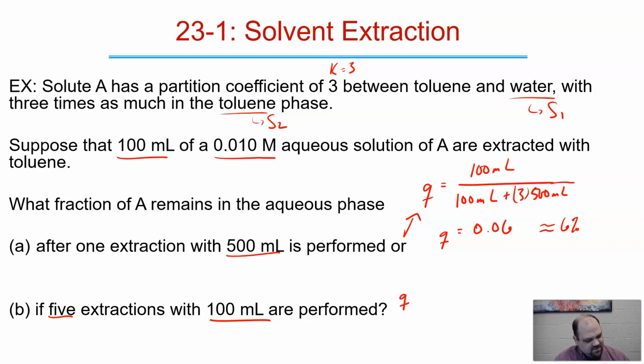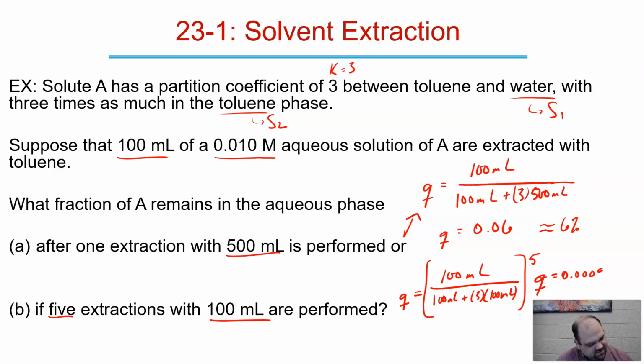Q is equal to 100 mL divided by 100 mL plus 3 times 100, all of that raised to the 5th. Right? When we do that, Q is equal to 0.00098, or about